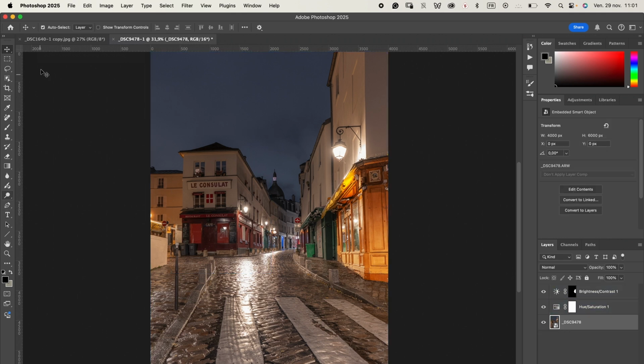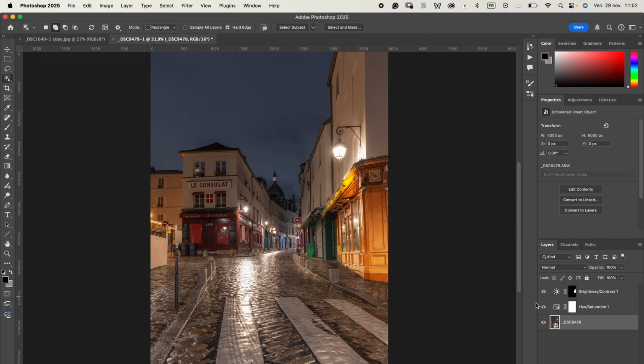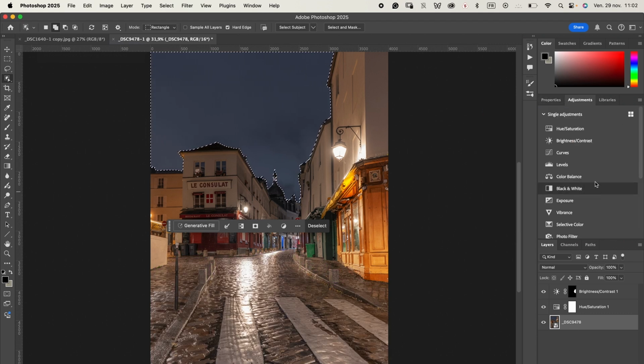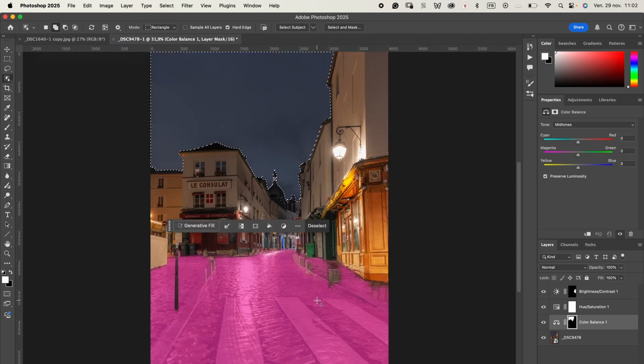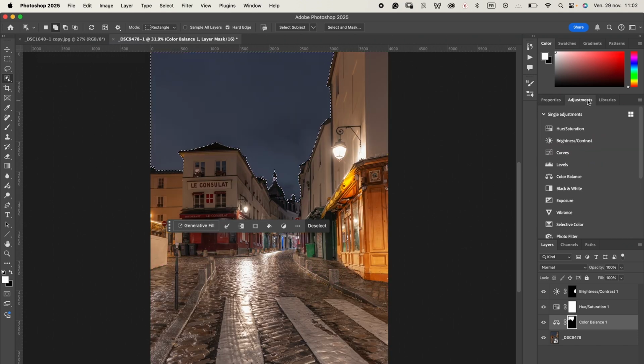Something that can be interesting is the object selection tool. That works pretty well most of the time. So as you can see, you need to click on your photo and then just see if you want to select the sky, for example, just click on the sky and it's going to select it for you. And then you can maybe take an adjustment, color balance. And because this was selecting, we can see there is a selection going on. When you see that, you go to adjustment and you click on your adjustment and it's going to create a